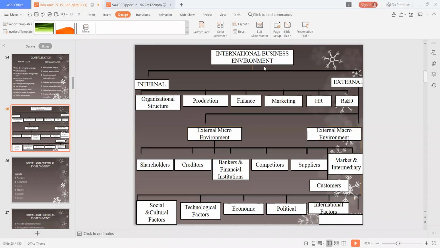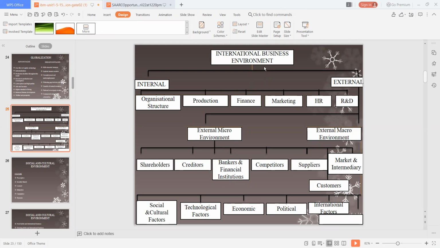So, business environment, see this? Normally people know the internal environment, external environment, organization structure. See that production, finance, marketing, HR and R&D. This is the internal, department wise. External: micro environment and macro environment. It's also discussed in marketing management, normally business environment, external environment. So see that